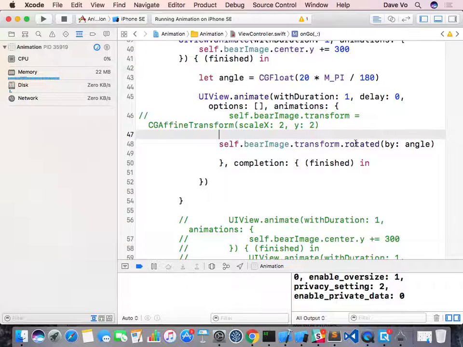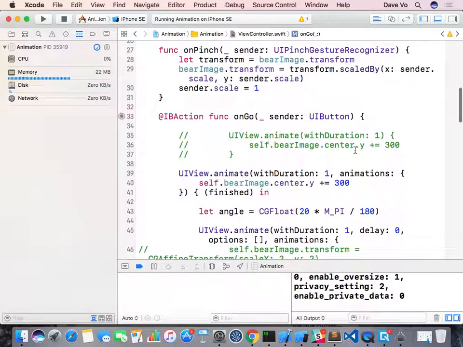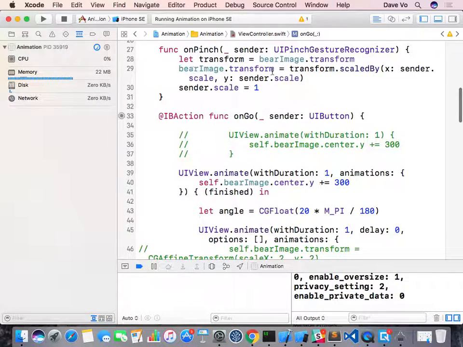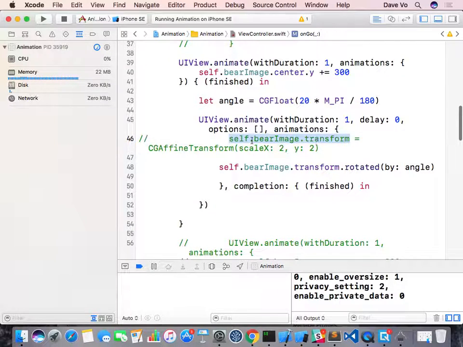Okay, so the rotate is not done this way. We need to set the transform equal to some CGAffineTransform, and then by doing that we need to do the